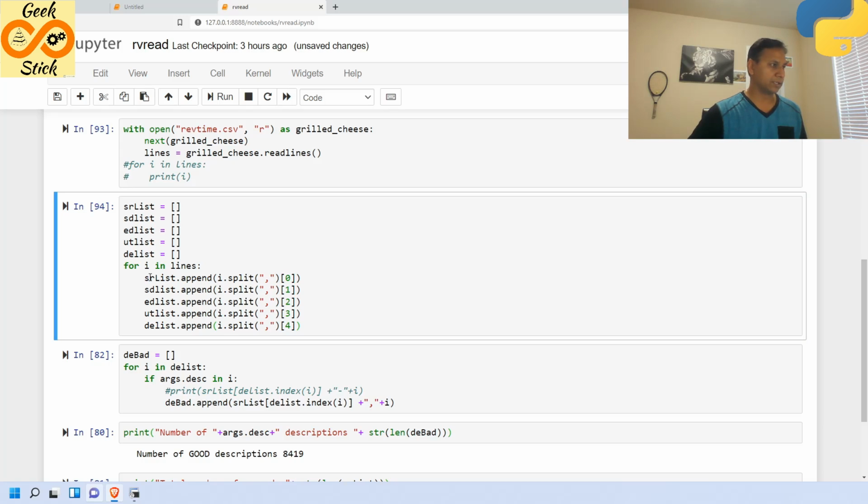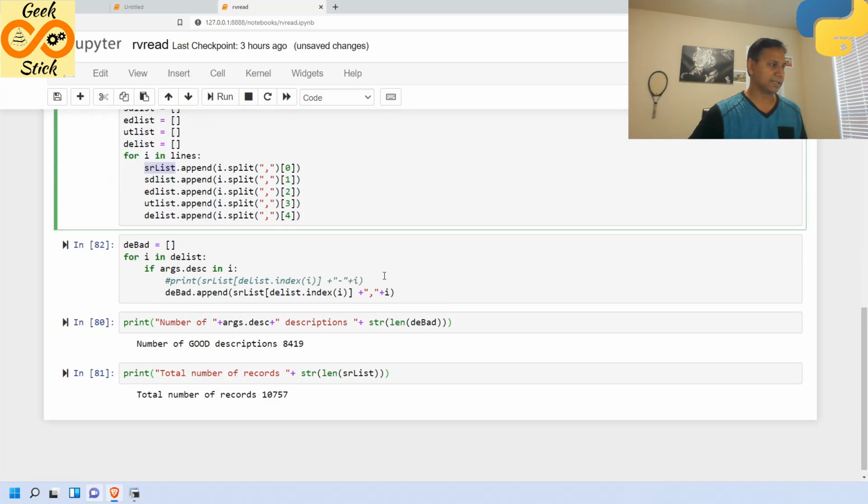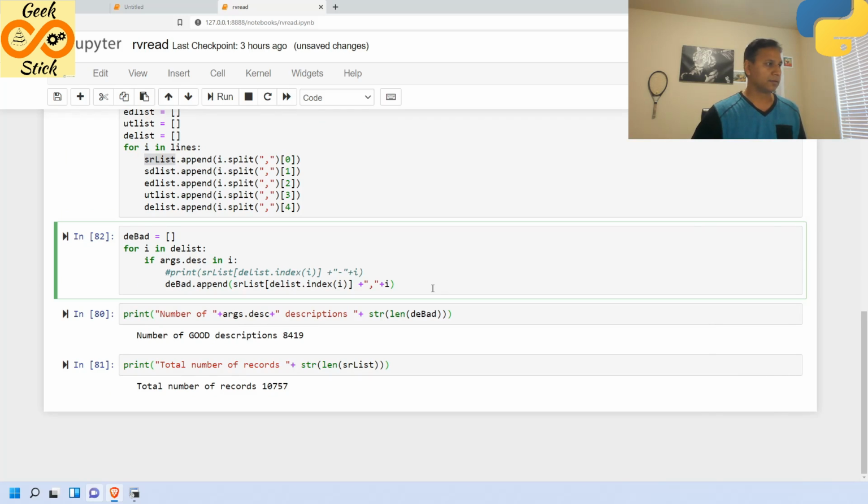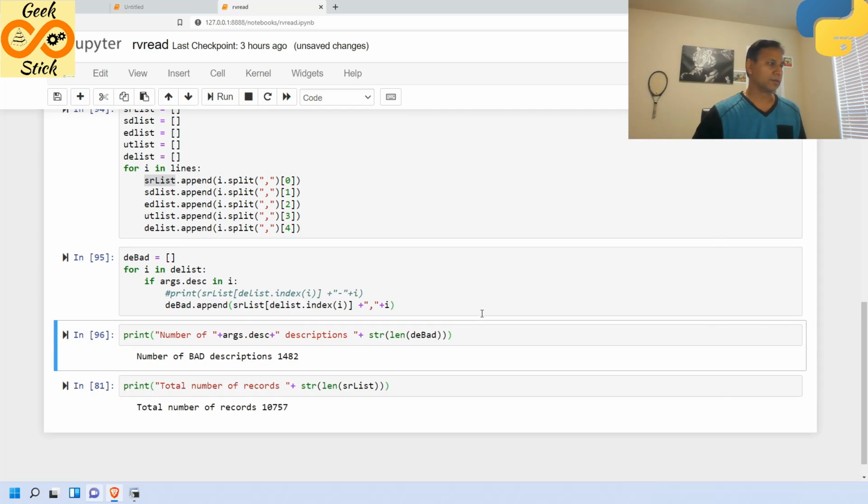Then I loaded all the values into this list. Then I shortlisted all the required values into this de_bad. How is this de_bad getting built? It's just a list, and it is not going to have only the bad arguments, but the descriptions which have the word bad. So the number of bad descriptions is 114. The total has no change; it is going to be constant.